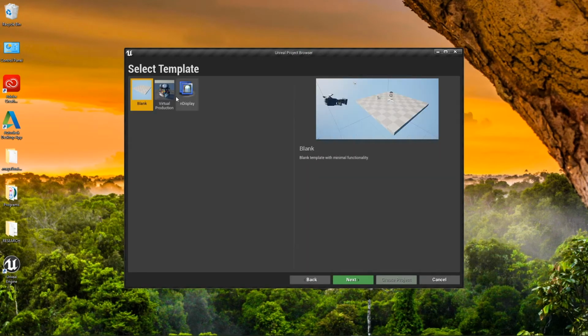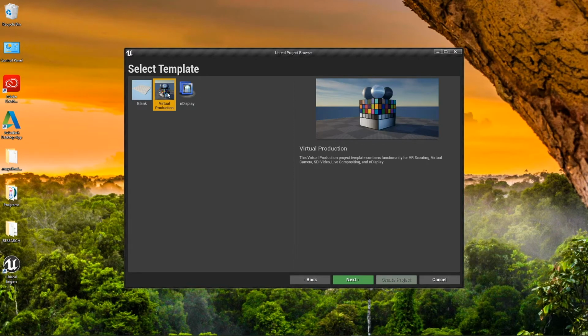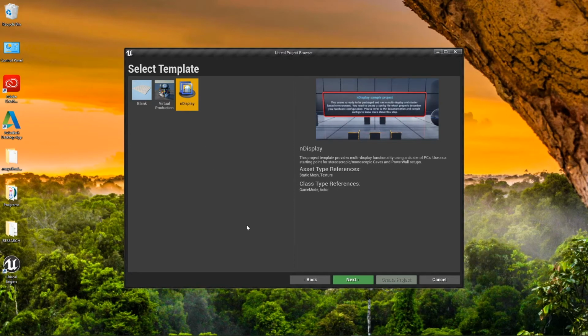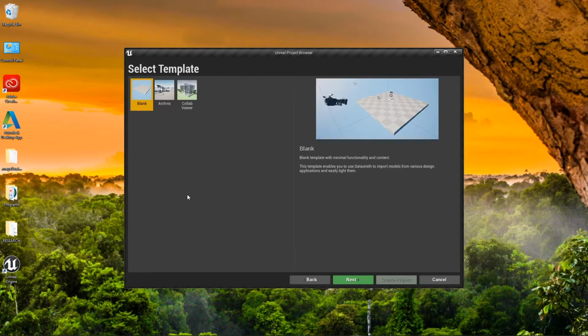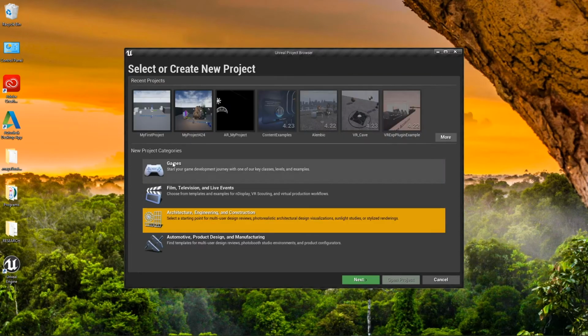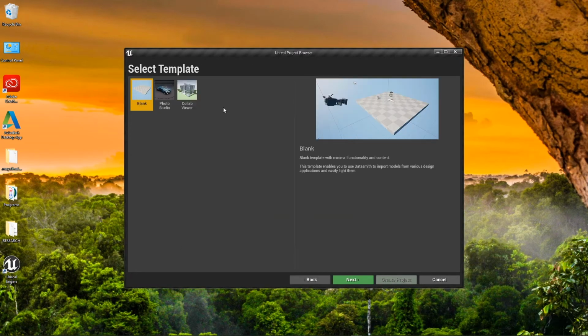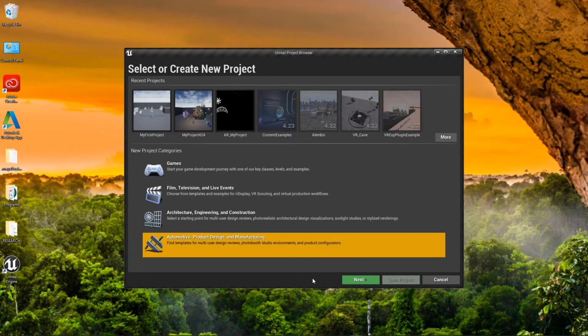There's a whole field of virtual production that's a growing area the Unreal Engine is being used in. There's this NDisplay for connecting multiple outputs for displaying the Unreal Engine projects. Architectural visualization has been being used a lot with the Unreal Engine. And finally, really quickly, there's a lot of automotive and product visualization.